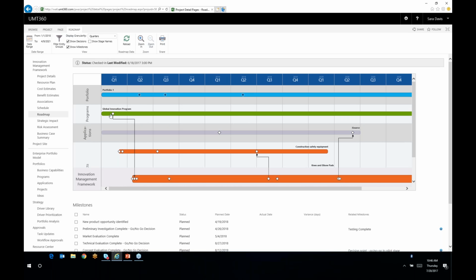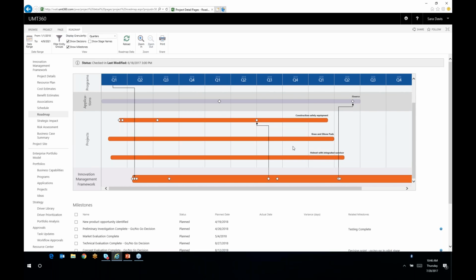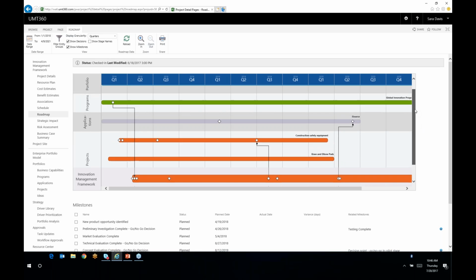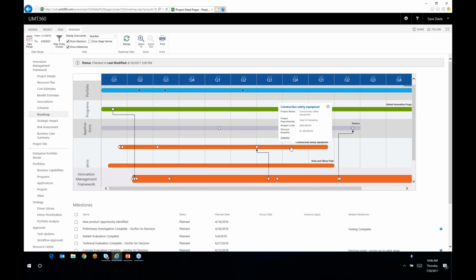portfolio. You can see the milestone dependency at the program level. I can see actually this milestone is a deliverable transacting change to this application, iSource. I can see the relationship with construction safety and the other projects that it's impacting. Now, I can learn more about any of these things by clicking here or drilling in or going to see the project itself. I can get more information on the milestone, or I can simply see the milestone status under